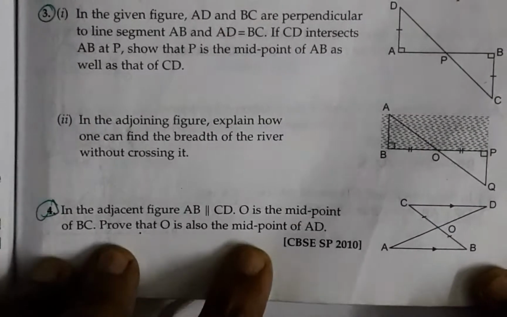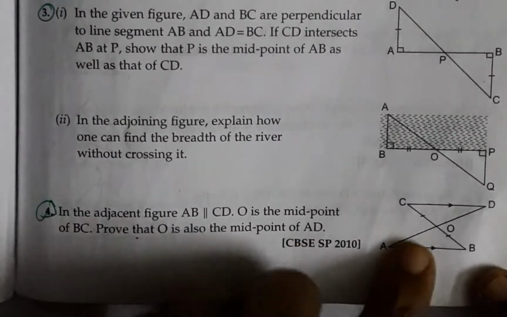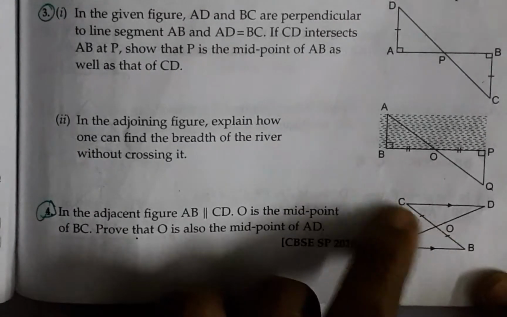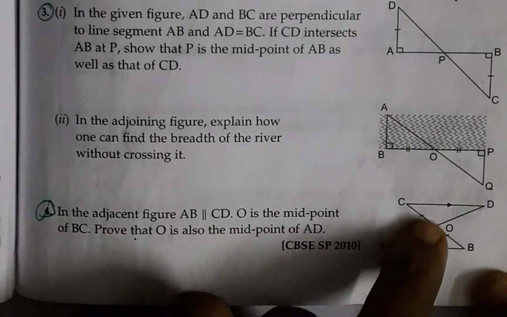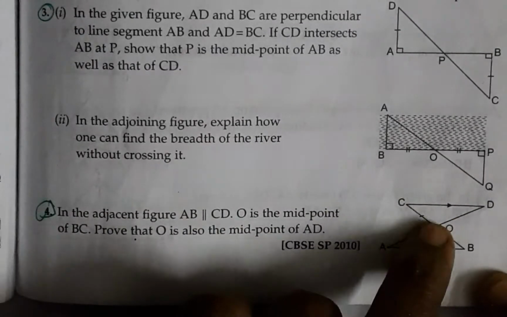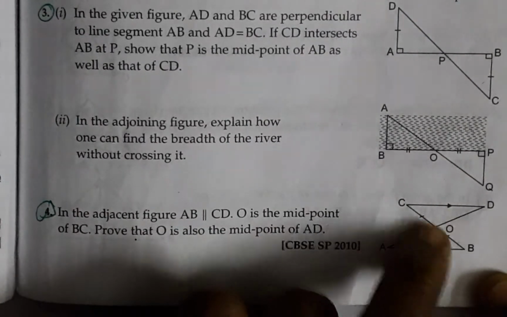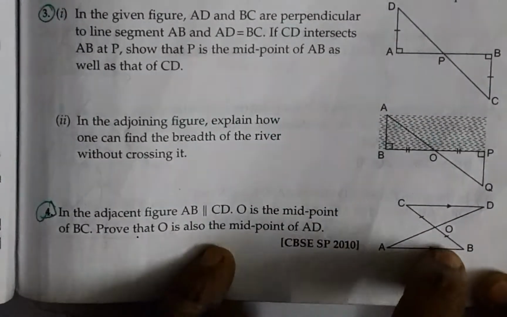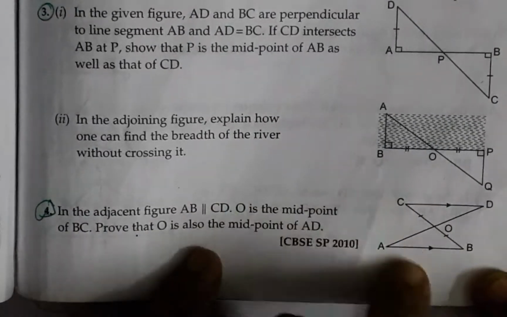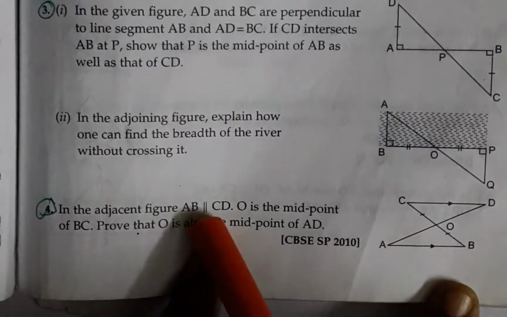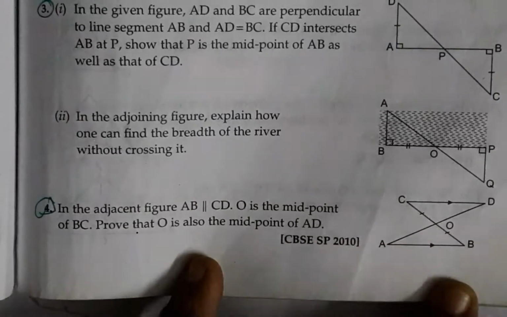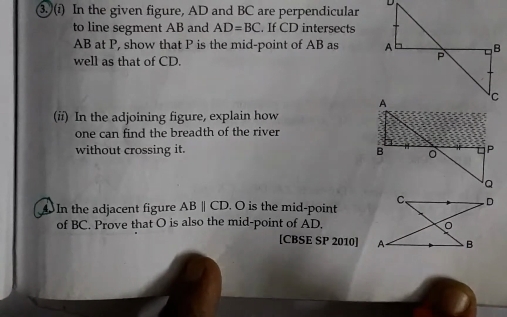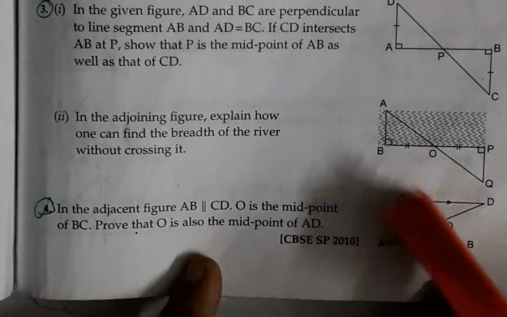And let me go into the fourth problem. As you can see, the sides are already given as equal. OC equals OB. Now, this is vertically opposite angles, so one of this angle is equal to this angle at O, and angle C equals angle B by alternate interior angles, as AB is parallel to CD, which is given. Therefore, by CPCT, OA equals OD, and therefore O is the midpoint of AD.